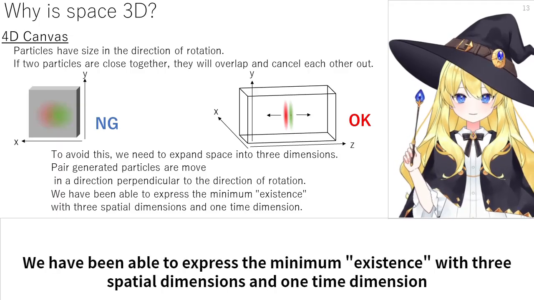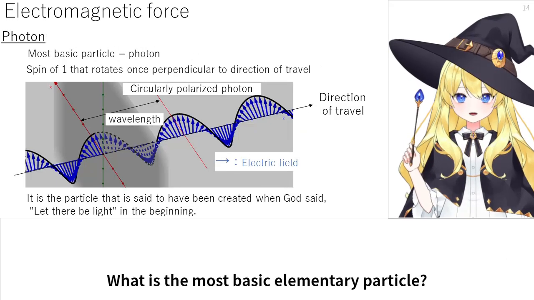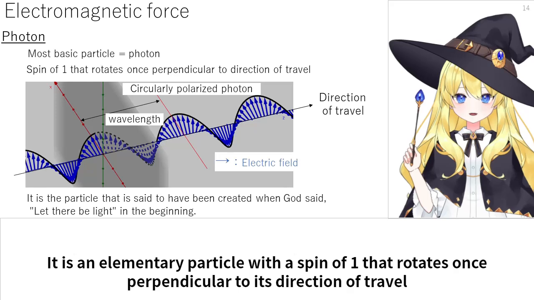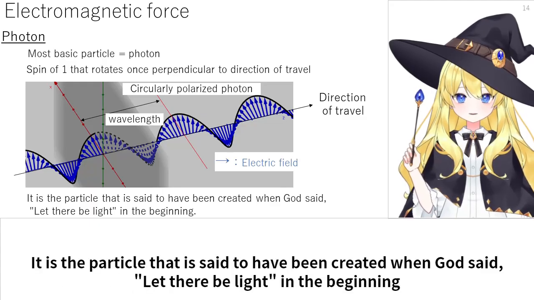We have been able to express the minimum existence with 3 spatial dimensions and 1 time dimension. What is the most basic elementary particle? It is an elementary particle with a spin of 1 that rotates once perpendicular to its direction of travel. This matches the properties of a circularly polarized photon. It is the particle that is said to have been created when God said, "Let there be light," in the